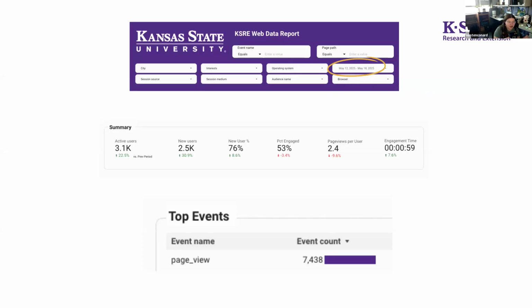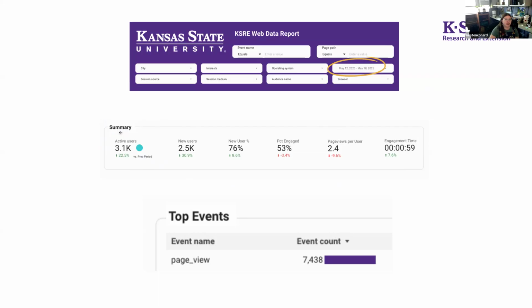When you're deciding how you're going to track analytics, you should decide beforehand what time frame you're going to compare against. So you don't want to compare a week's worth of data to a month's worth of data, obviously. So if you're going to be tracking over the course of months or every quarter or every week, decide that beforehand. But yes, make sure that your date is selected, and then the first group of information is going to be on this summary column down here. Sorry, it's a little bit loud in here.